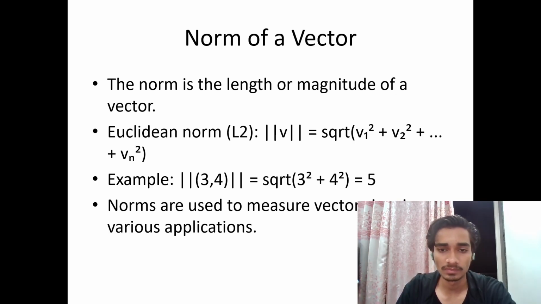The Euclidean norm is double mod of V, which has the formula square root of v1 square plus v2 square till vn square. For example, we have (3, 4), which gives the square root of 3 square plus 4 square. Under the root we have 3 square, which is 9, plus 4 square, which is 16. So under the root we have 9 plus 16, which is 25, and root 25 is 5. So the answer here is 5. The idea of vector length is very important when we want to normalize vectors and compare sizes. Norms are used to measure vector sizes in various applications, which leads us to our next topic,